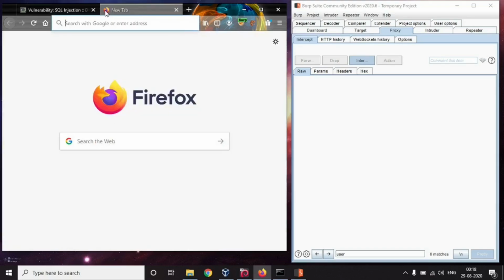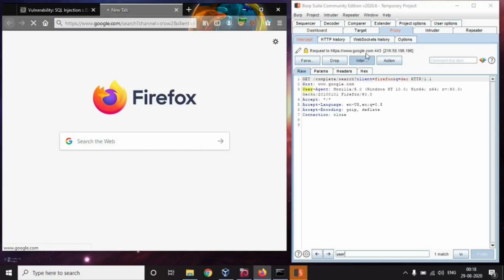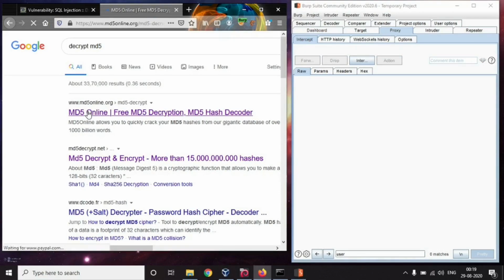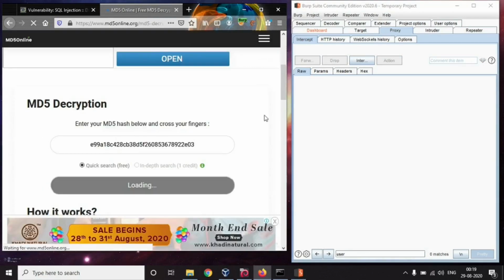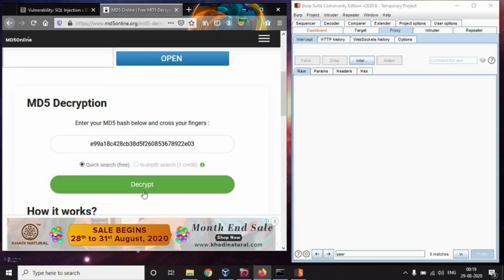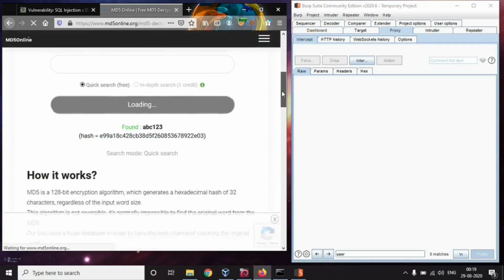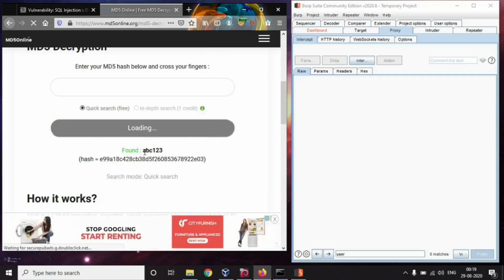For example, so the decrypted text is ABC123. So that's my password.